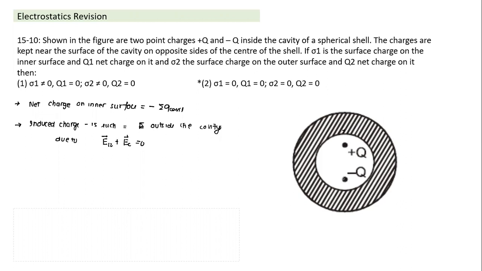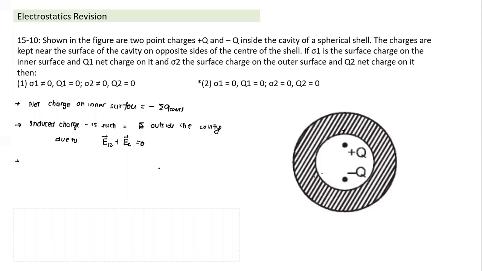So that's how the charge arrangement takes place. And as I move the charge inside the cavity, the charge distribution of the inner surface changes. So the inner surface induced charge gets affected by the charge inside the cavity. And it arranges in such a way that anywhere outside the cavity surface, due to the two charge system, the inner surface of the cavity and the charge inside the cavity, both put together, the field becomes zero.